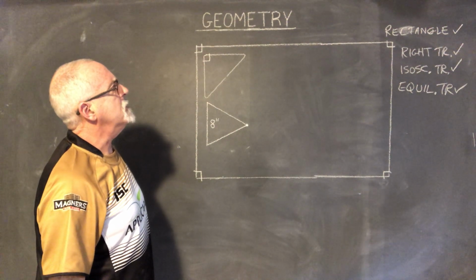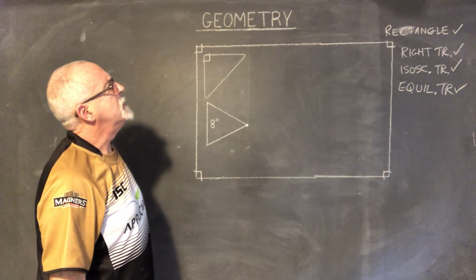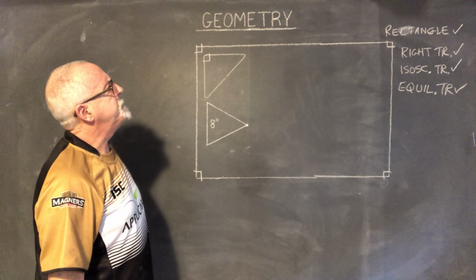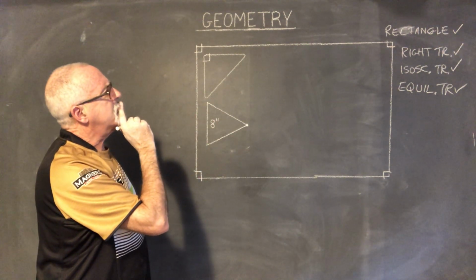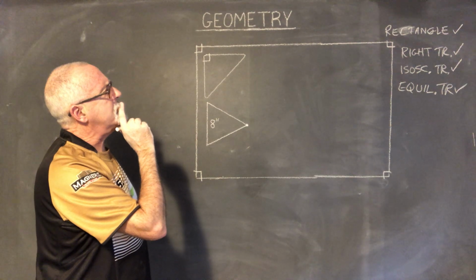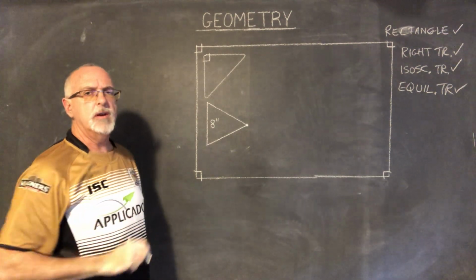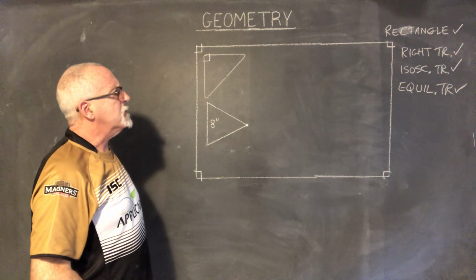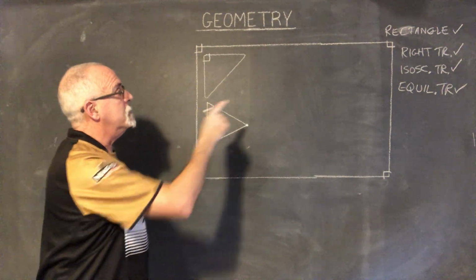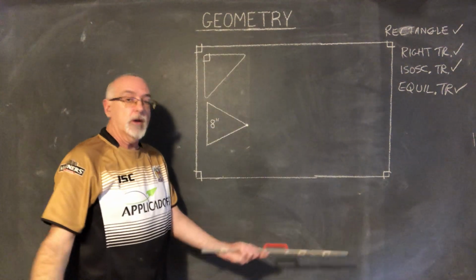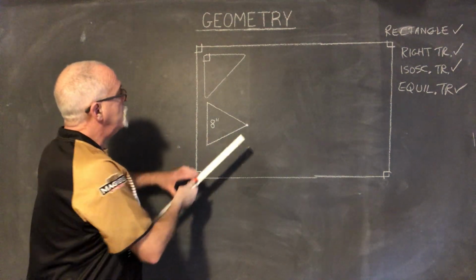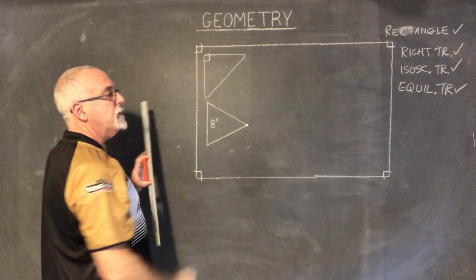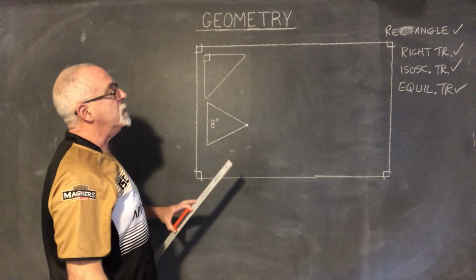I am missing equilateral isosceles, right, and we have the scalene. I'd like to put a scalene in there. I'm not going to do an obtuse triangle. Those are too hard to label when you're putting together this type of figure, but if we were to take enough time drawing, we could. I'm going to put in another right triangle. This is a right triangle, but I'm going to put in another right triangle just to make sure that I